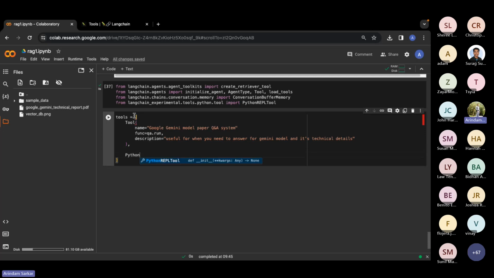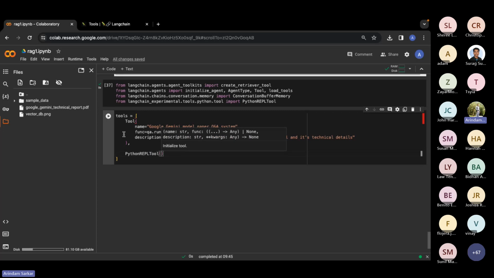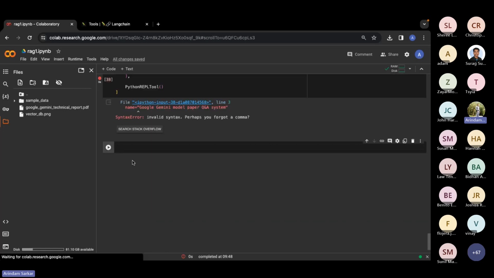And as a start, I'll show you a very interesting thing. You will be able to see how the LLM is performing.